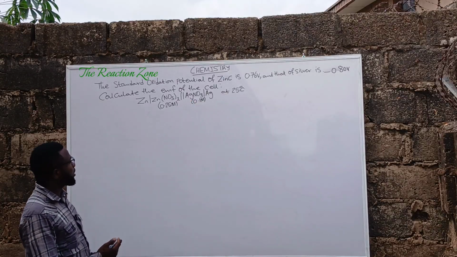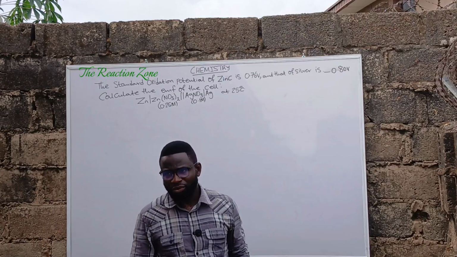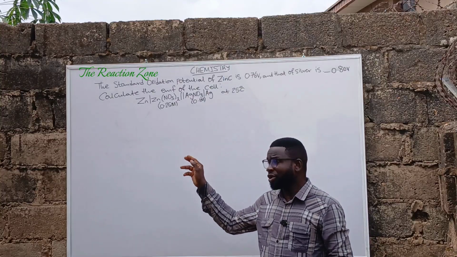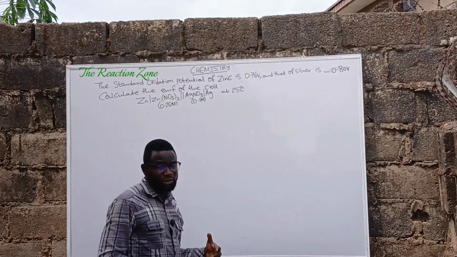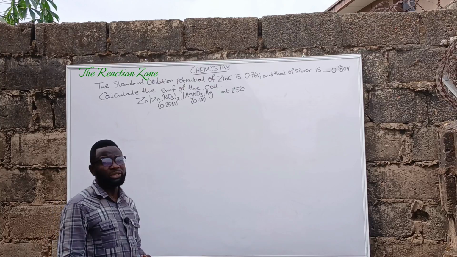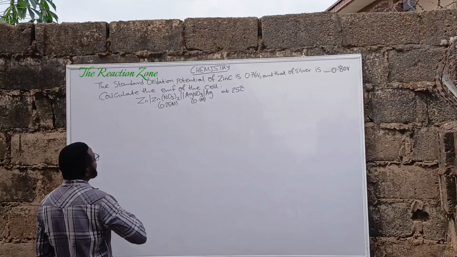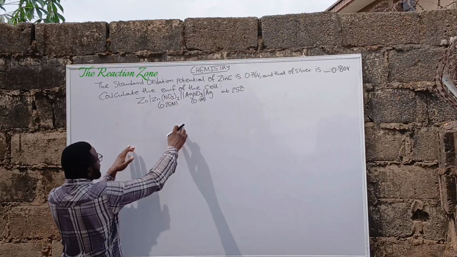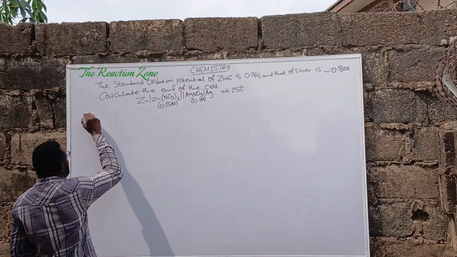Now, for us to find the EMF of the cell, we need to first of all be able to write the overall reaction or equation for the cell. And that requires us to know which of these half cells is the anode and which one is the cathode, and where does oxidation take place and where does reduction take place. Now, looking at this galvanic cell, zinc dipped in zinc nitrate represents the anode half cell, and silver dipped in silver nitrate represents the cathode half cell. So, at the anode,